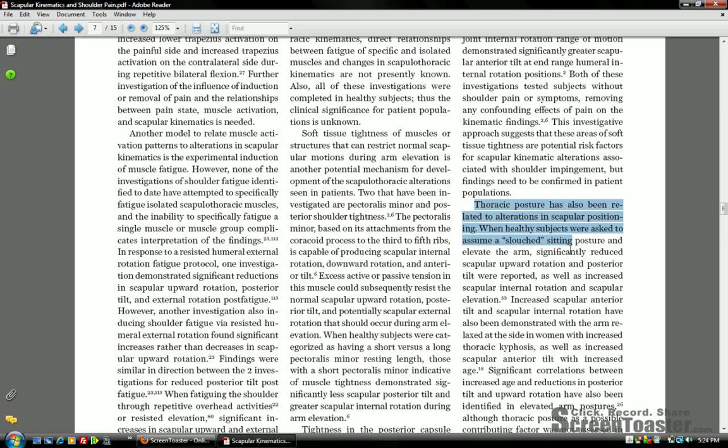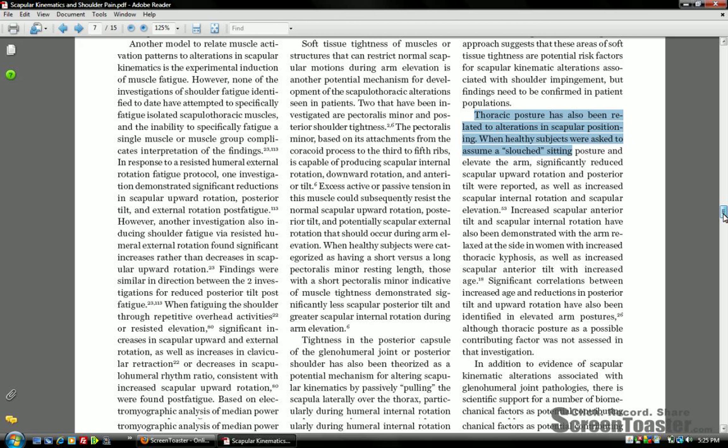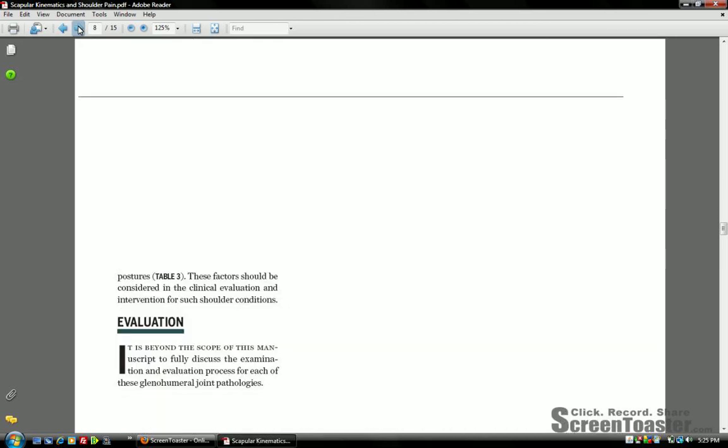when healthy subjects are asked to assume a slouch sitting posture and elevate their arm, they had reduced upward rotation and posterior tilt. These are the two critical things you must have in order to prevent impingement of the shoulder. Likewise, it will cause increased scapular anterior tilt, which again closes down that subacromial space. So what this review article talks about